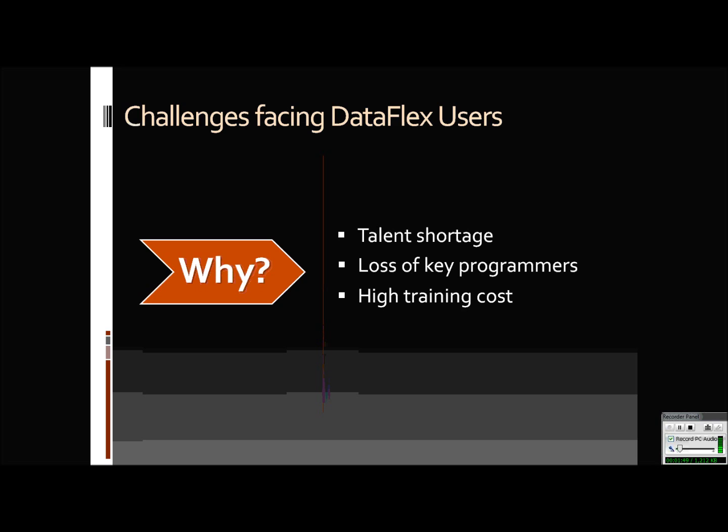And the high training cost comes from many places. Even if you're a developer, if you do not know DataFlex, first you have to learn all the standards of DataFlex and how DataFlex is programmed. And DataFlex, as you know, is different from other languages. So they have a learning curve there. And once they learn,